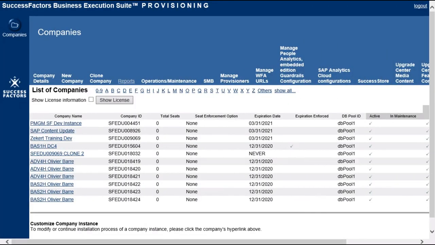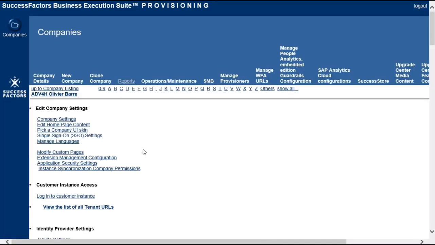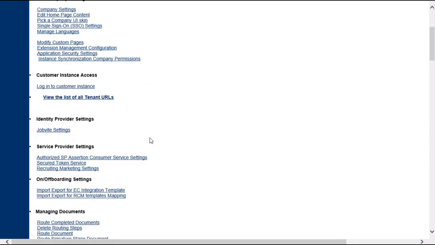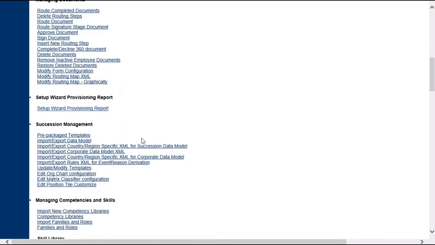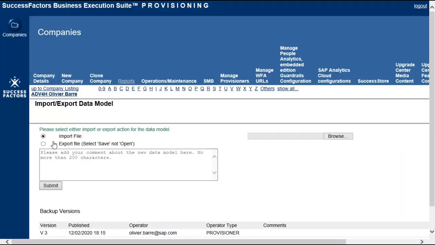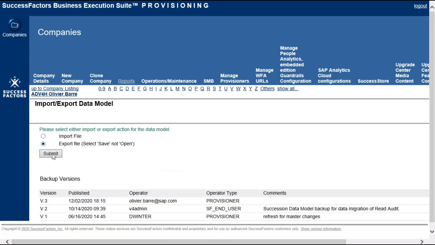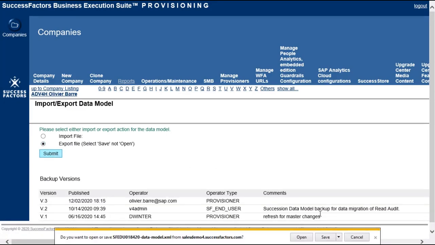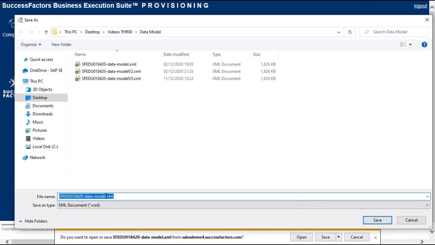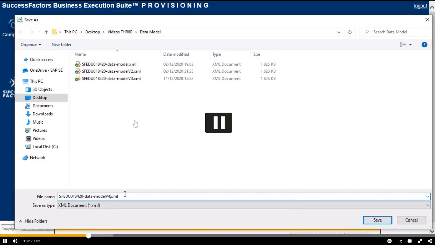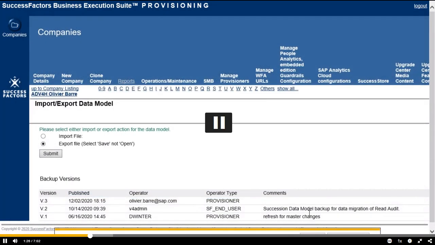I am now in provisioning and I will first download the succession data model. I will click on the company name. I will scroll down a little bit, and under succession management, I'm going to click on import export data model. I will select the second radio button, export file, and click submit. I will save the file on my computer, and this is going to be, for example, my V4. Click save,